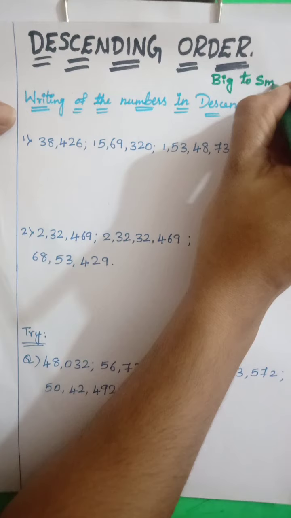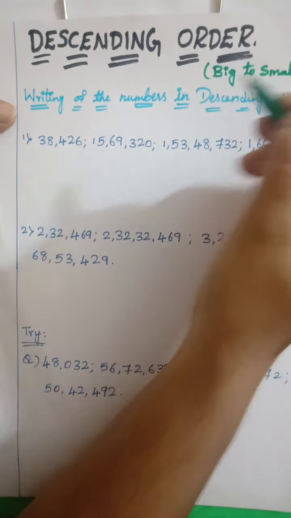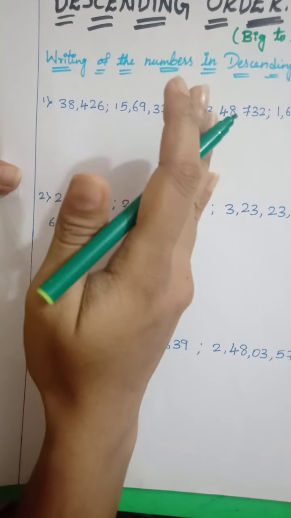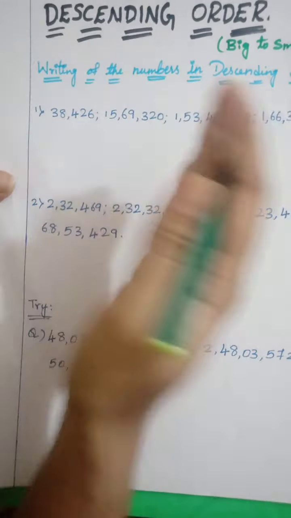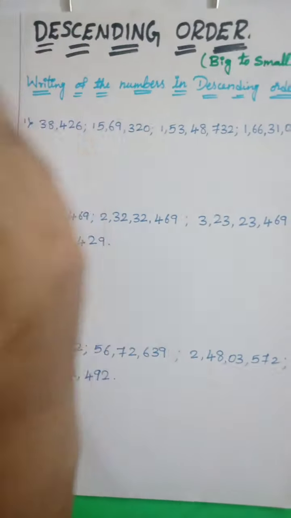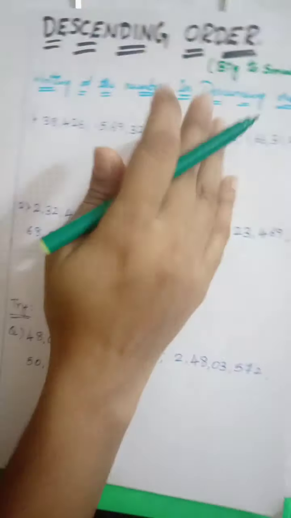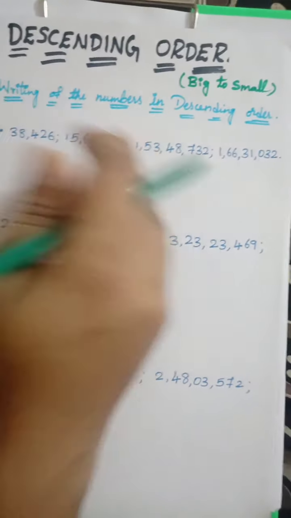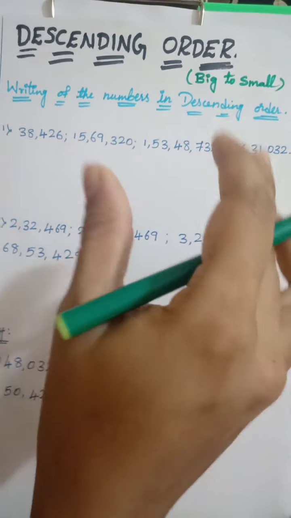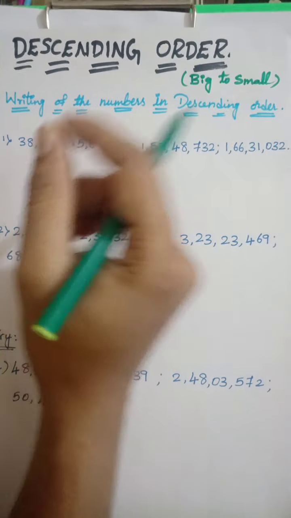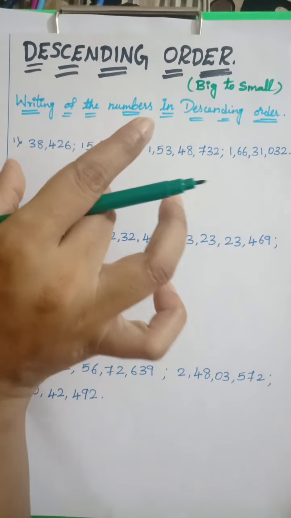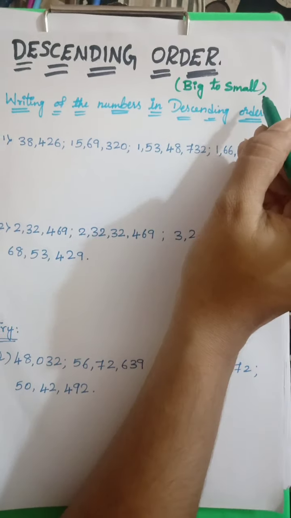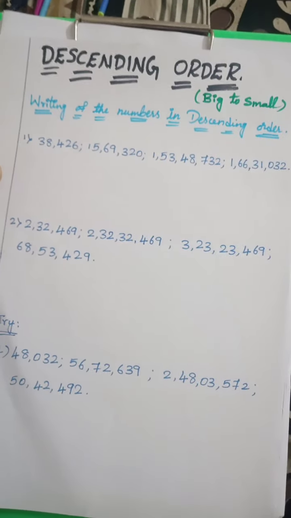Big to small. Now first thing we have to do is write the place values, as we have done in the ascending order. Here also you will be following the place values. Once you write the place values, we have to compare the numbers and get the number which is the greatest one. The greatest number will be written at the front, because this arrangement is from big to small. Let me do it.